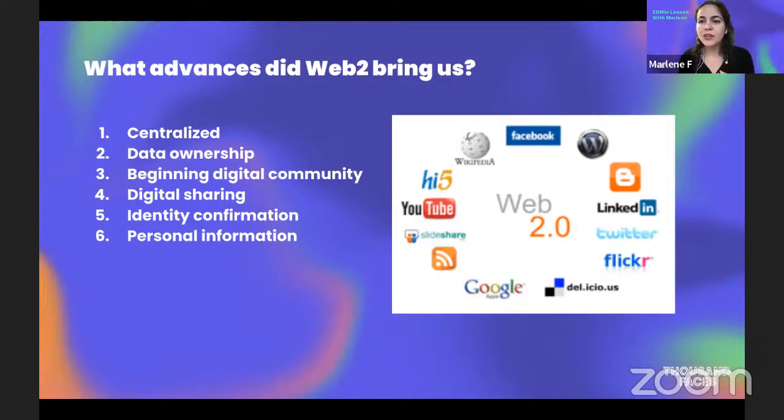So there are a lot of passwords, a lot of email confirmation, and a need to put a lot of personal information on the internet. These are just examples of big companies that are part of Web 2: LinkedIn, Facebook, Wikipedia, YouTube, Netflix, Google, PayPal. There are so many companies that came from Web 2 and built it themselves.